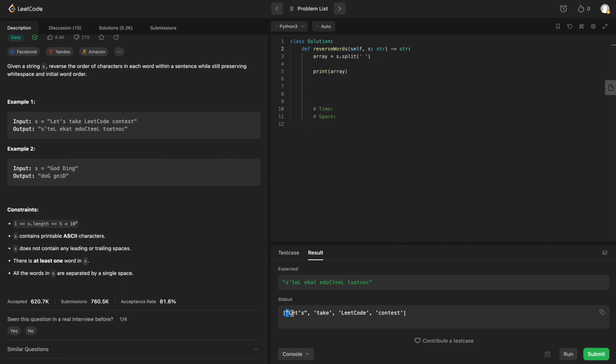So now we have a list with each individual word inside of it. So what do we want to do? We want to reverse each word. So we're going to have some sort of for loop, right? And we know that strings are immutable, so we're going to have to essentially build out a new string. So let's say for word in array,